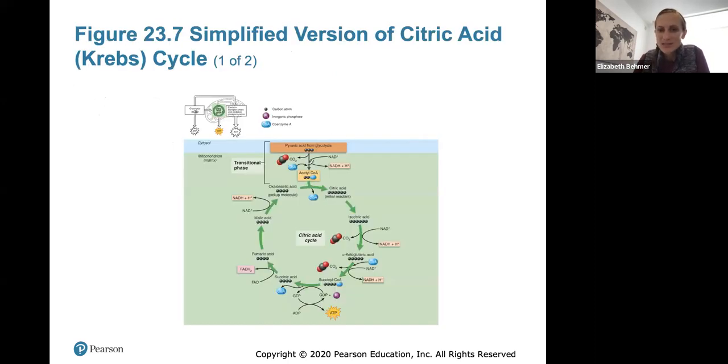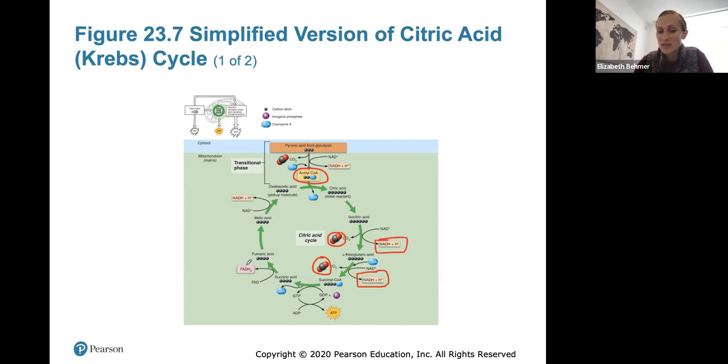So here we have the transition phase. We're taking the pyruvic acid from glycolysis and turning it into acetyl-CoA. Remember we have 2 pyruvic acids, so we'll have 2 acetyl-CoAs. So this cycle will go around once for every acetyl-CoA molecule, so it goes around twice. And basically what's happening here is acetyl-CoA gets oxidized. We have carbon dioxide given off as a waste product. We have the formation of our high energy electron carriers, which is NADH